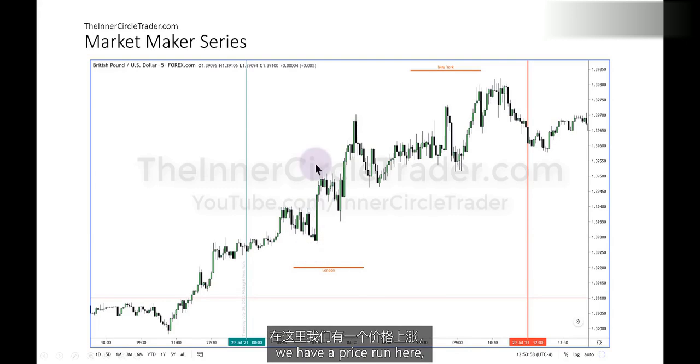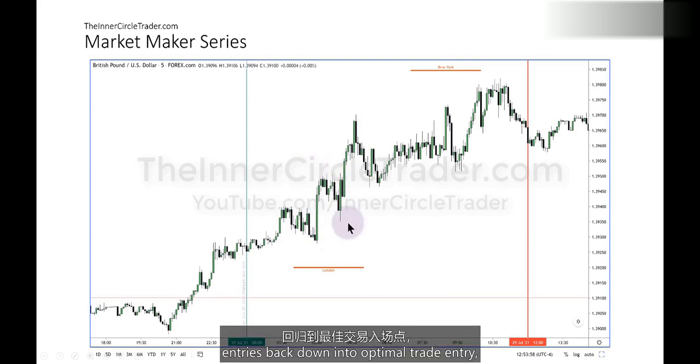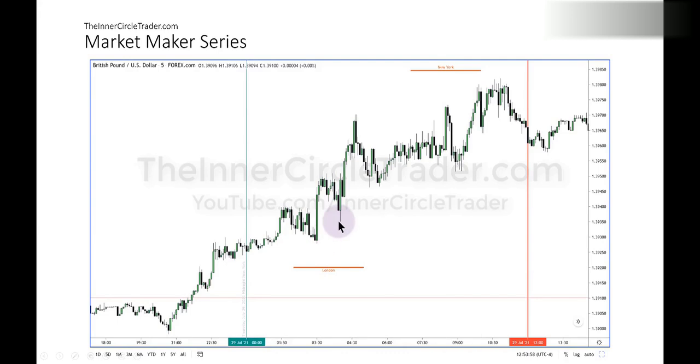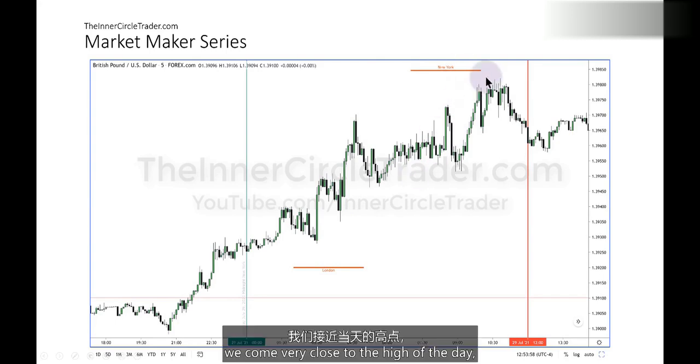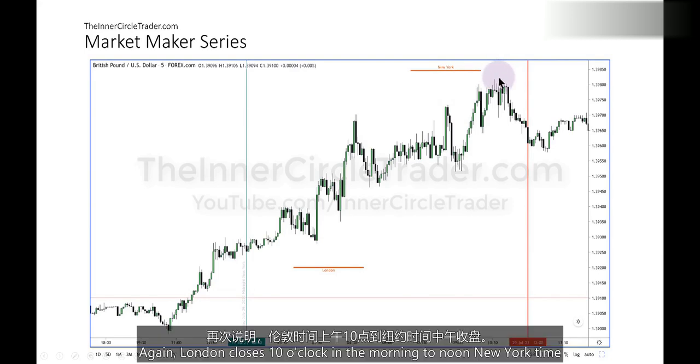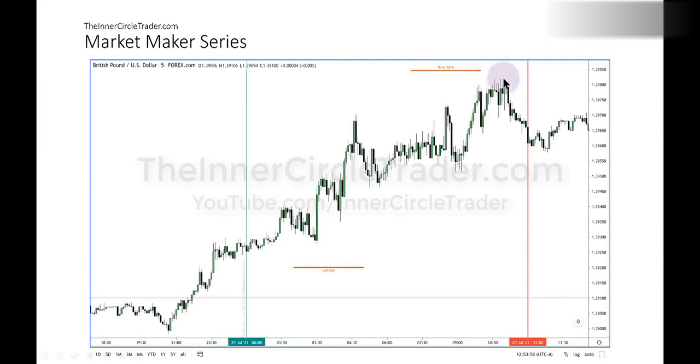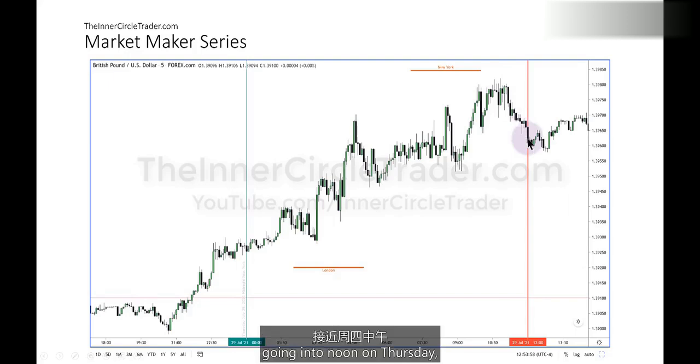London, we have a price run here and trades back down into optimal trade entry. Rise again, consolidates a little bit. And in New York, we come very close to the high of the day, but London close creates the high of the day. Again, London closes 10 o'clock in the morning to noon, New York time. Then we fall off. Going into noon on Thursday,